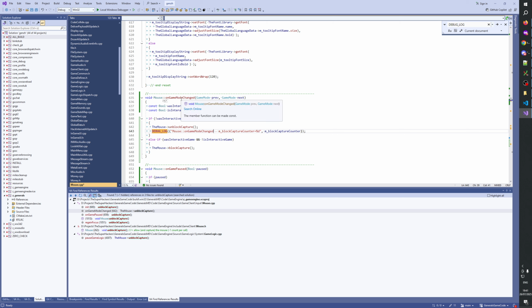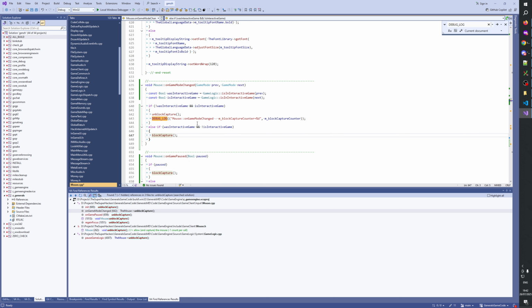On game mode changed. Unblock capture. Block capture.